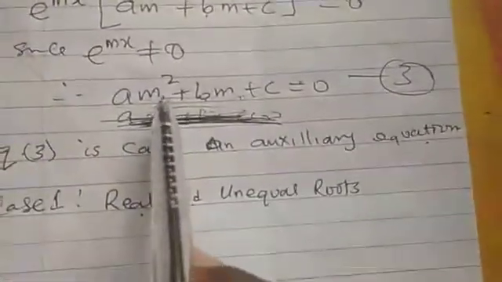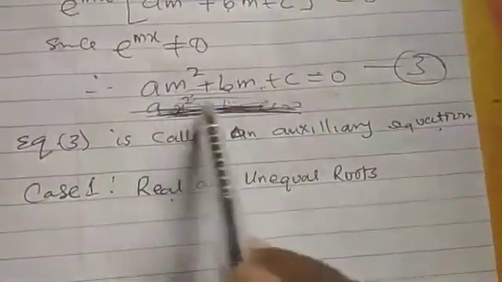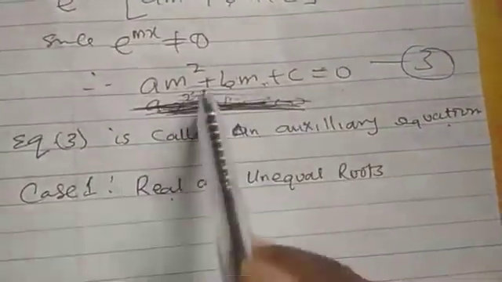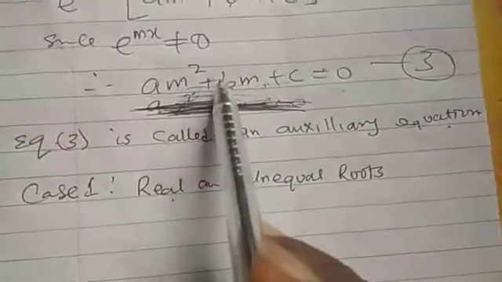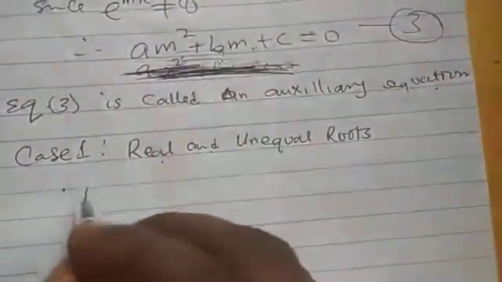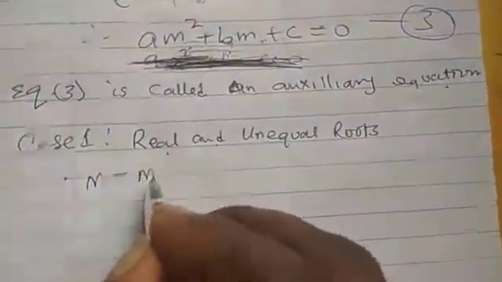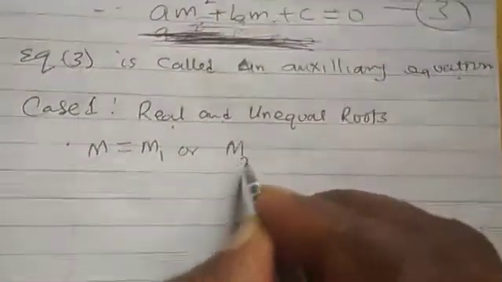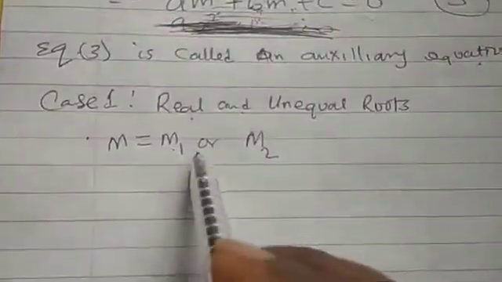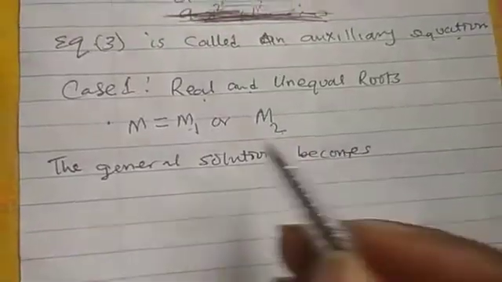That is, when we find an answer that is not a complex number here, you all know what a complex number is. When we find an answer that is not a complex number and those values are not the same, that is, if you solve the quadratic, you must get two answers. Let's say the values you get are m1 and m2. Then we say that the general solution becomes,